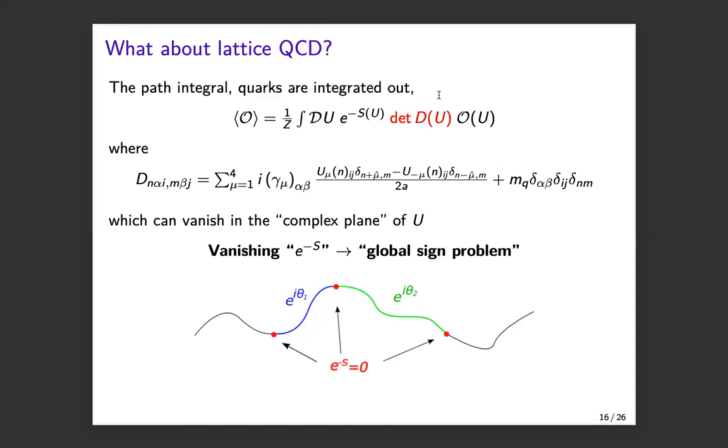And I also have this determinant of this Dirac matrix, which is now again a function of u, and I just put a form here. But what's important is that this determinant can vanish in the complex plane of u. And then we think that this distribution, eta minus s times the determinant, can vanish